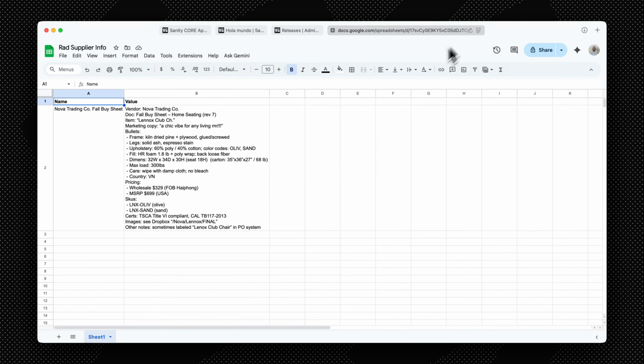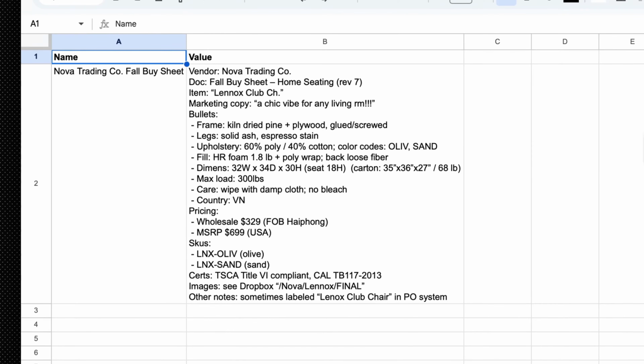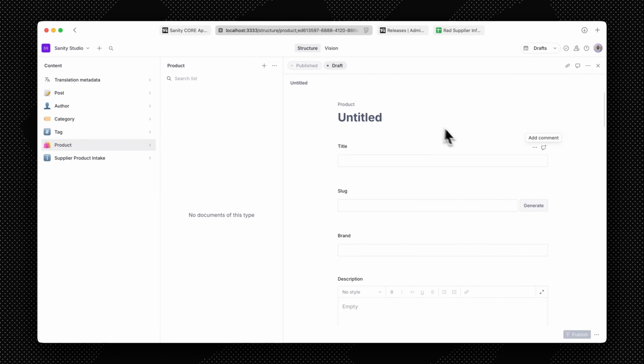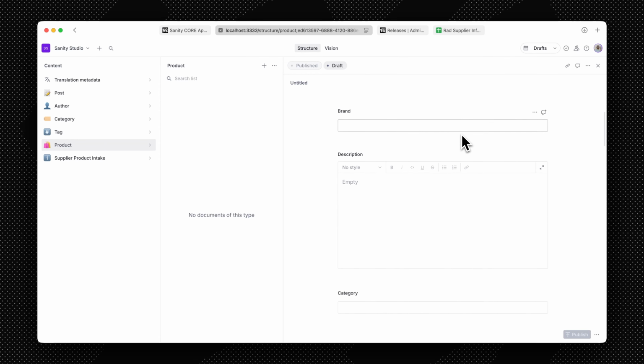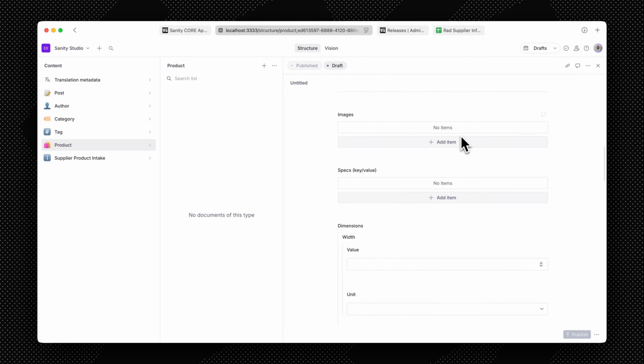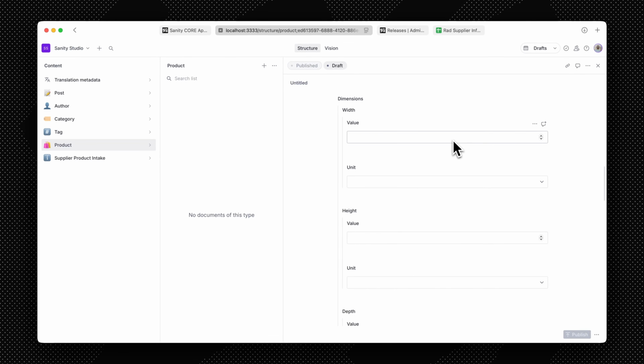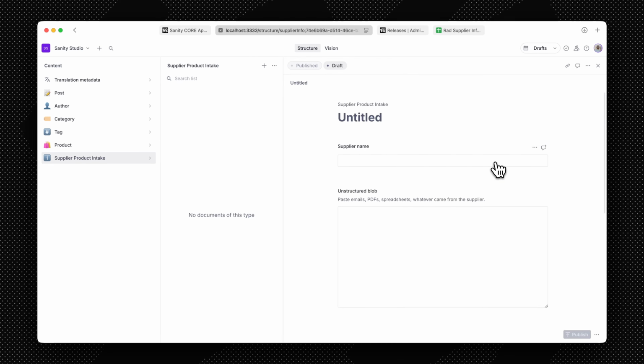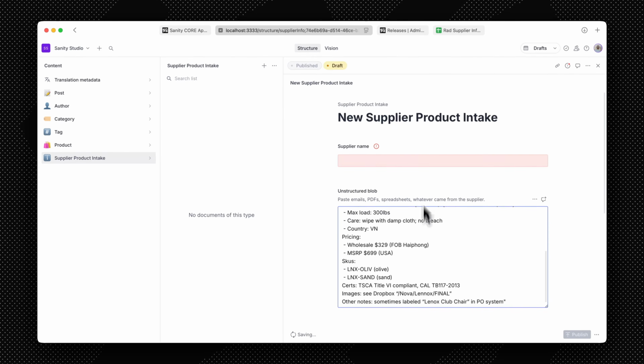In this case, we're an e-commerce company and we just got data in from our supplier, and it's just this unstructured blob of content. But it needs to ultimately match my structured content. So here I have a product document type and there's all these different fields. Instead of manually copying and pasting this, what I've done is provided my editors a supplier product intake document where they can go in here, paste this in,